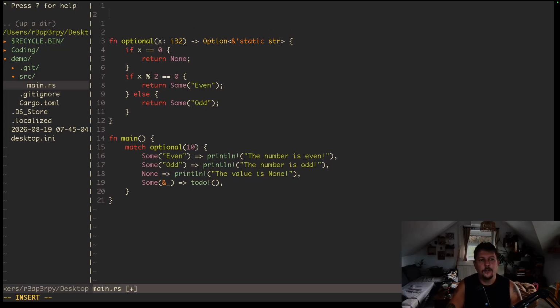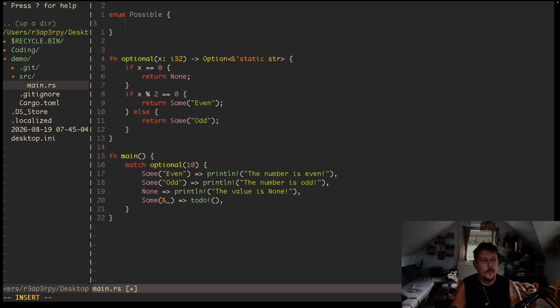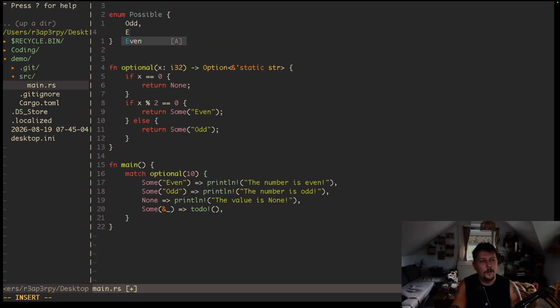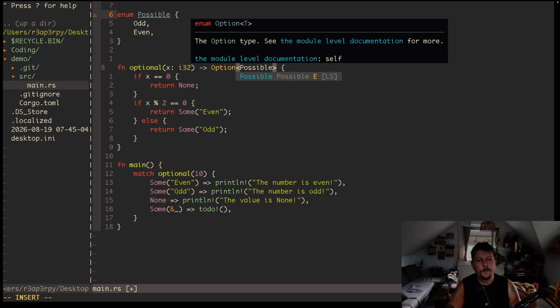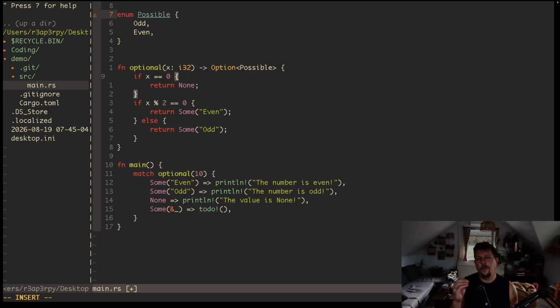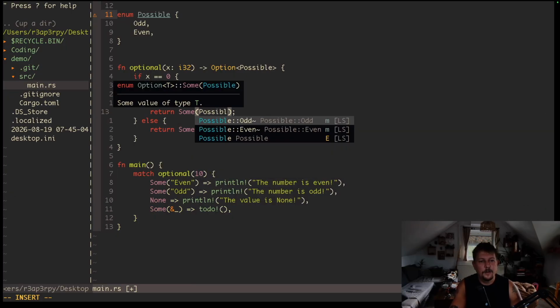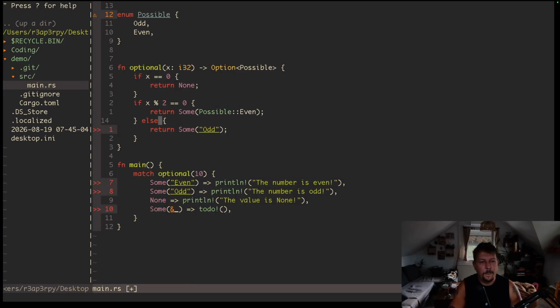And what I would like to do is to say that I have an enum and it's called Possible, and it's possible that the number is odd or even. That's the first improvement. And in the option, I am going to return something of type Possible. So it should be a value which is contained within the enum called Possible. And now what I can do is return the Possible even and return the Possible